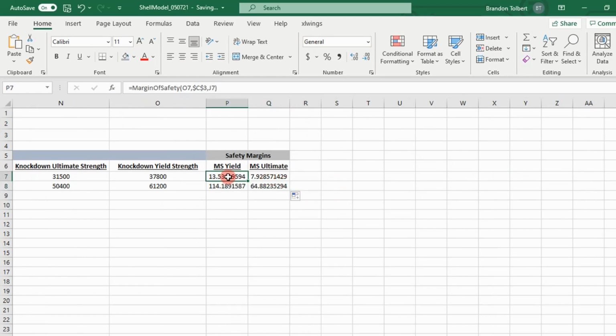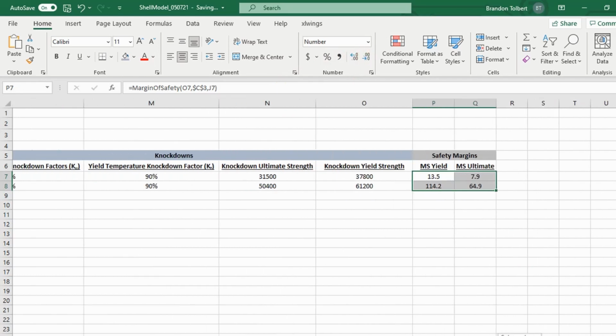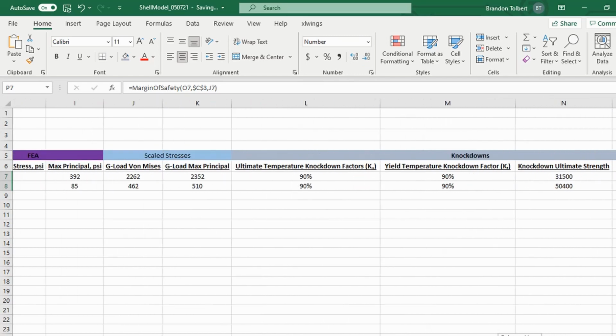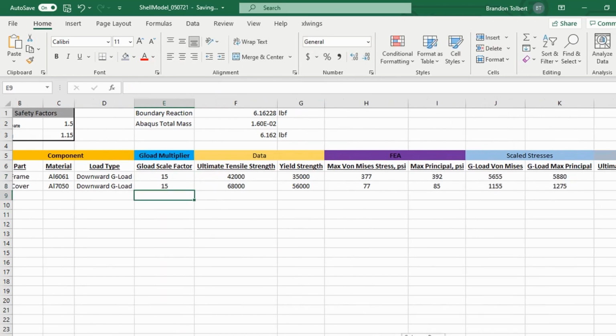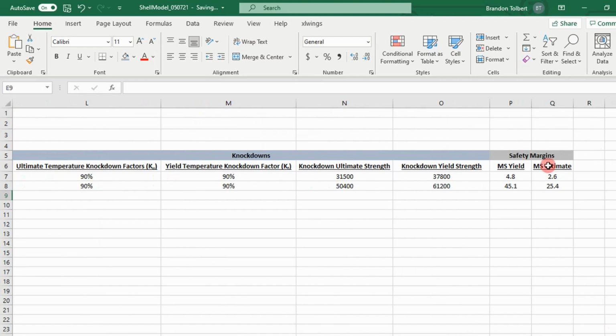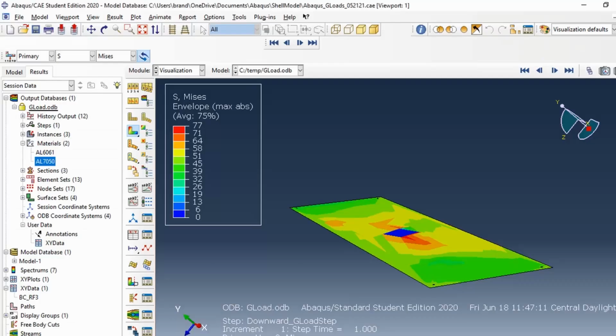You can see our safety factors are positive, which is great, but then again, my boss comes back and says, oh man, I messed up. They want to look at a 15 G acceleration load, so I just update my GLoad scale factor, and it updates my margins of safety. I can go back to him and say, yes, this is great, this is still positive,